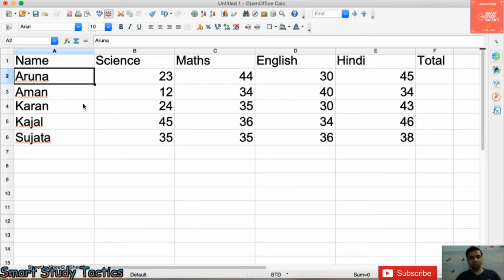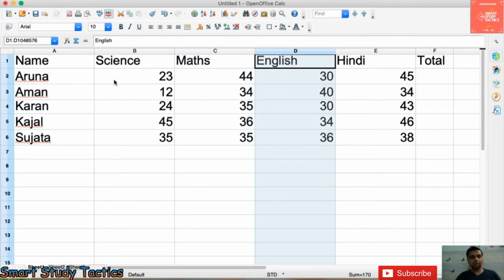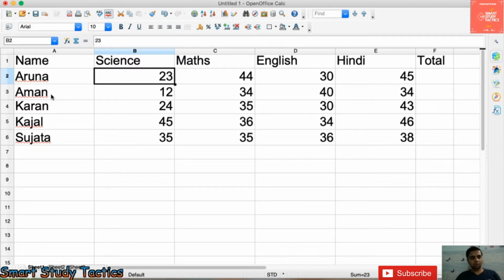So just now I entered some data. Wherever my cursor goes, this is a particular cell. The address of this cell you can see here. This is the address cell. So what exactly is the cell address? You can see A, B, C, D. These are the columns. First of all, wherever your data is, you have to see the column, then you can go up to the row.